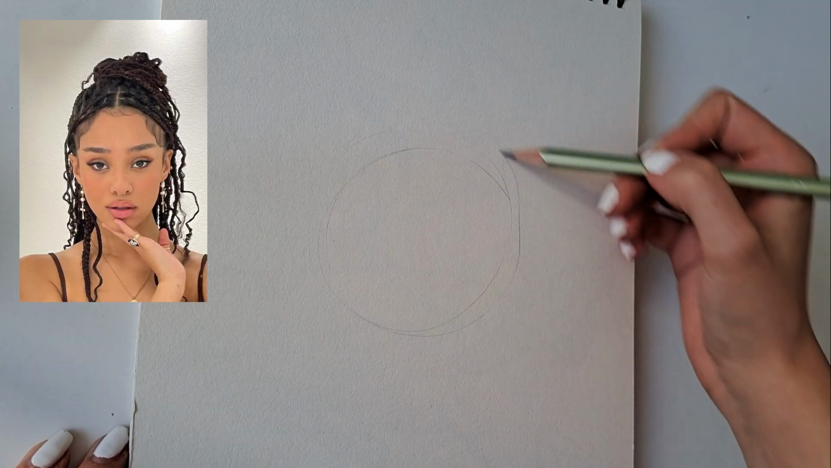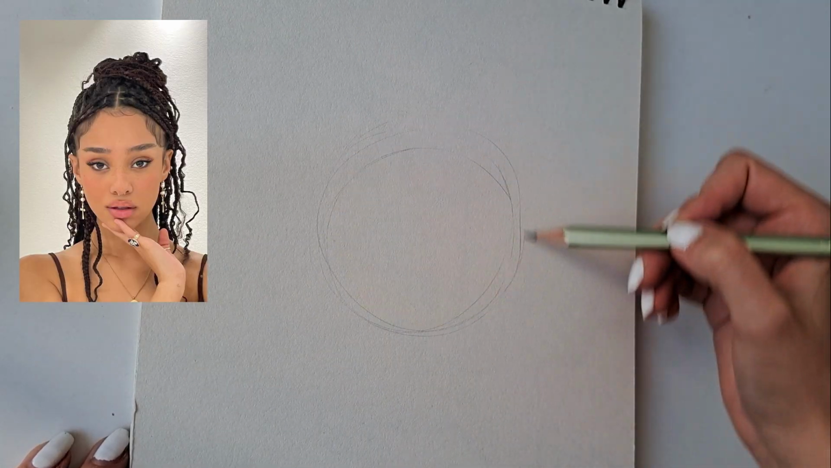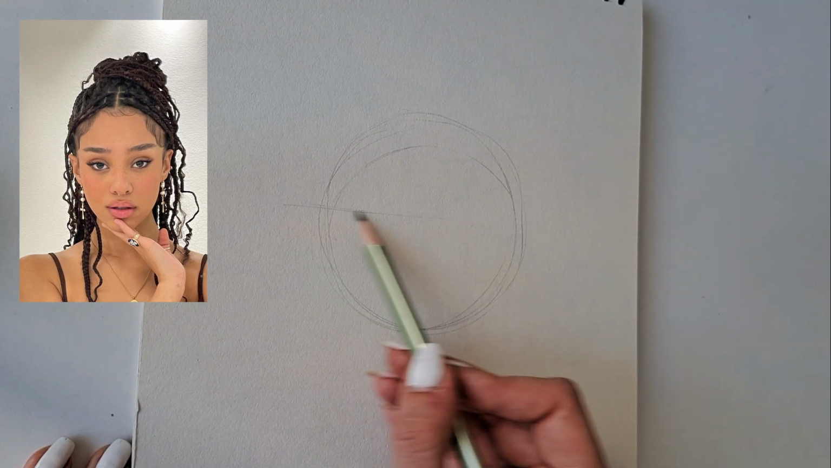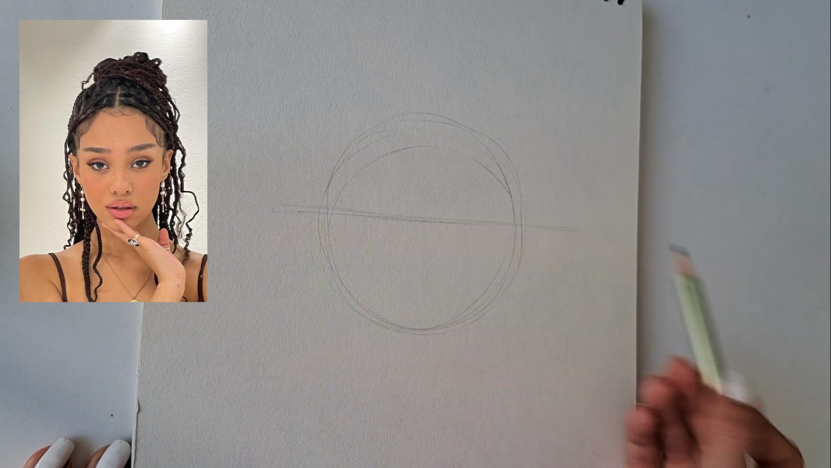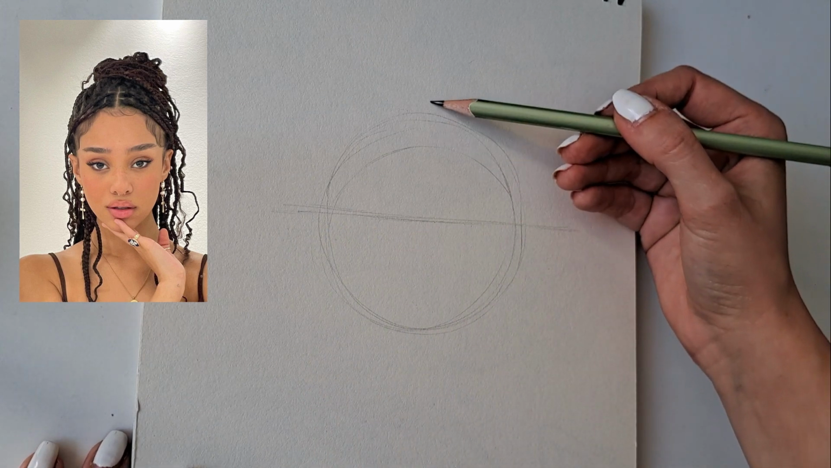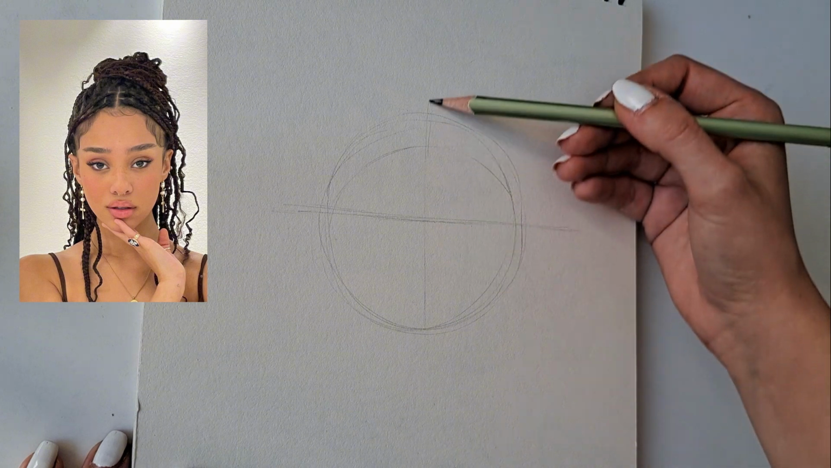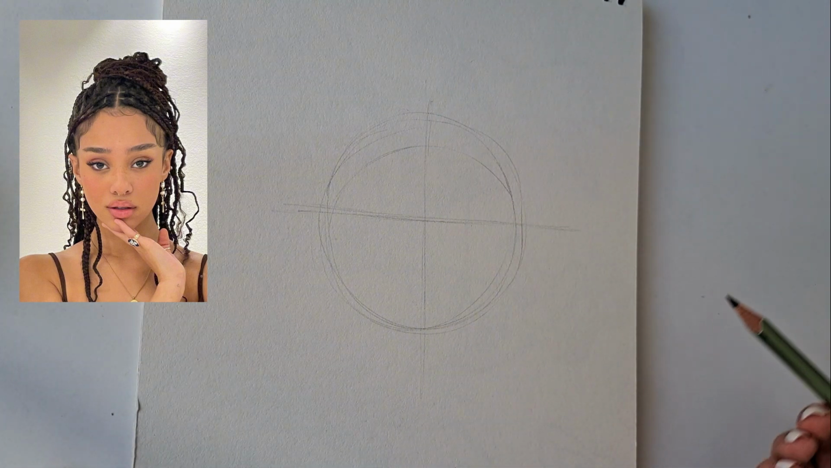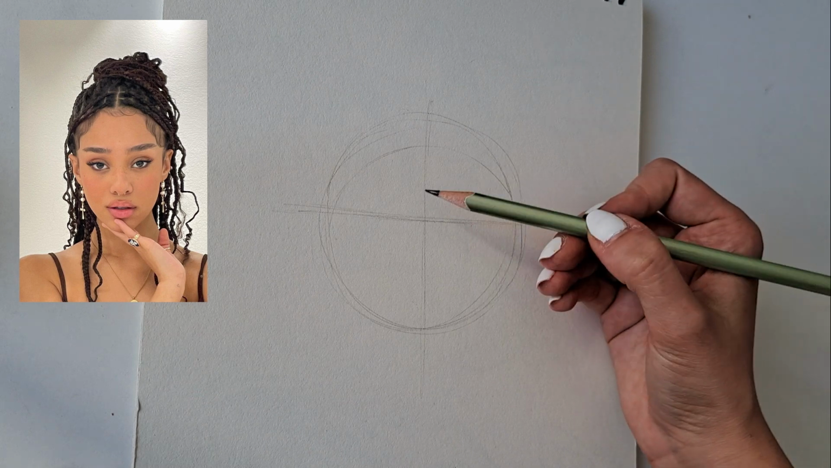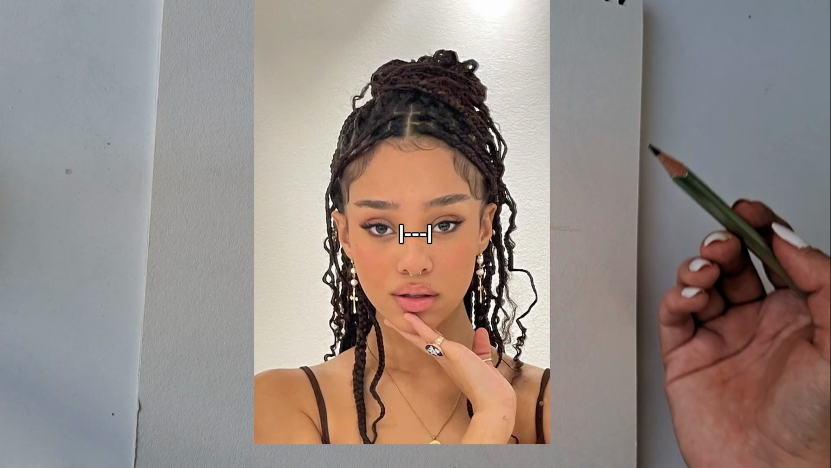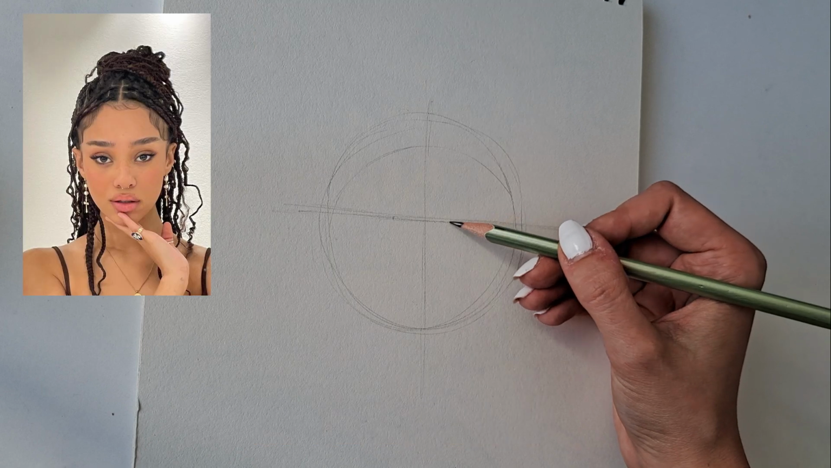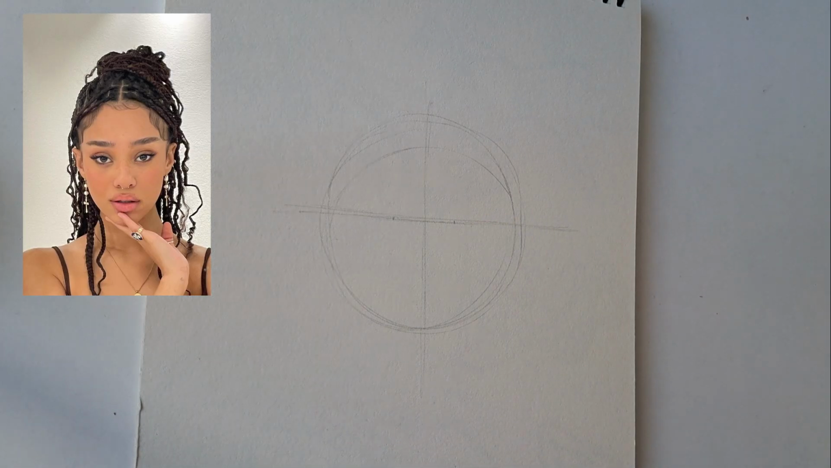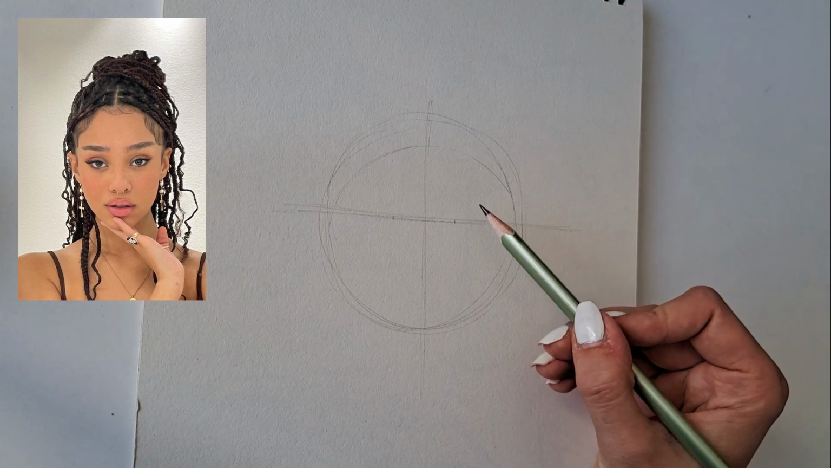So first I start with drawing a circle. And then I draw a horizontal line that represents where the eyes will be, and a vertical line that represents the middle of her face, or where the nose and the lips will be centered. Then I am looking at the reference and I'm first looking at the distance between the eyes. And the little two dots that you see me draw are just guidelines for how much space there is